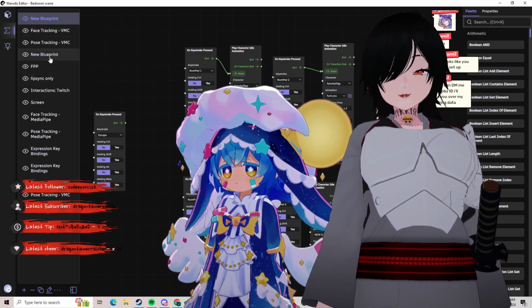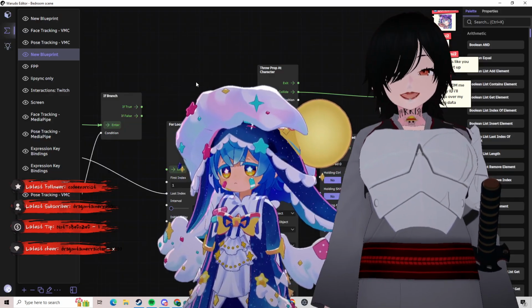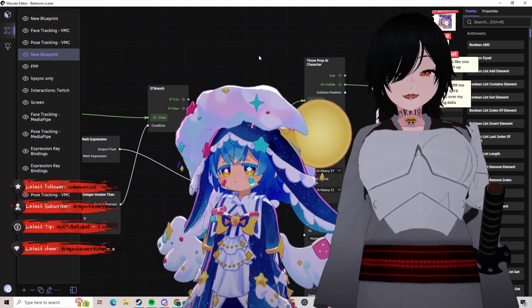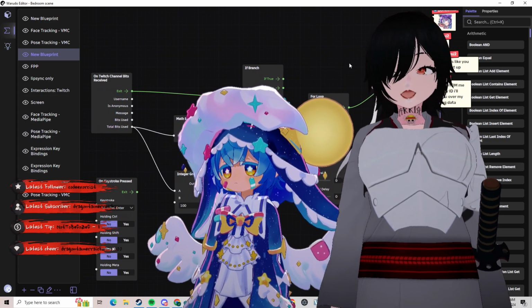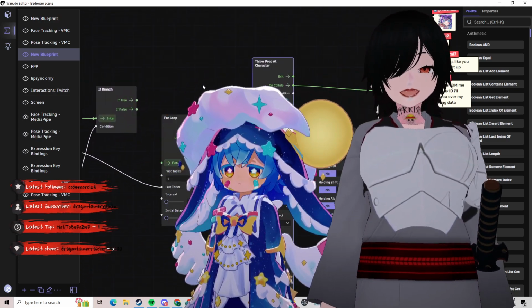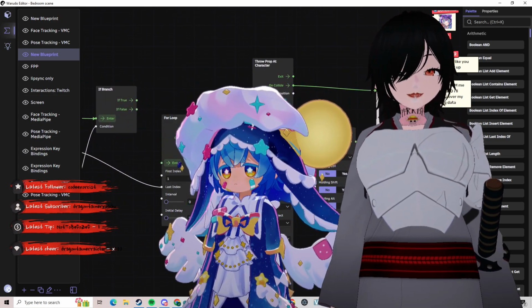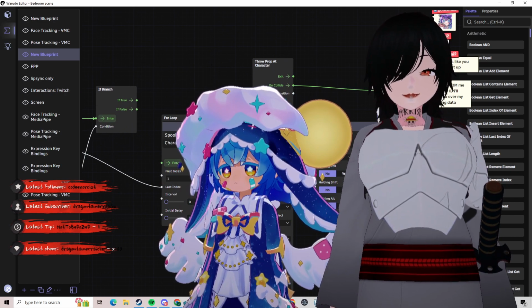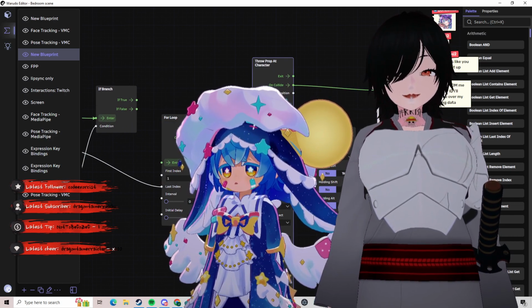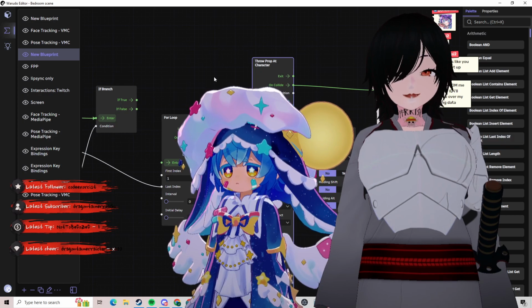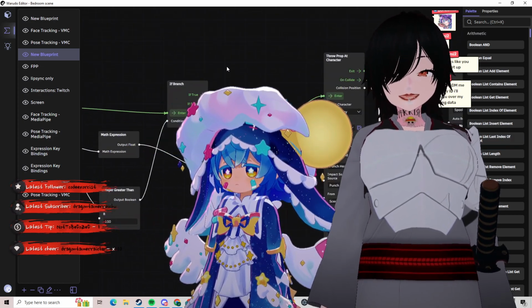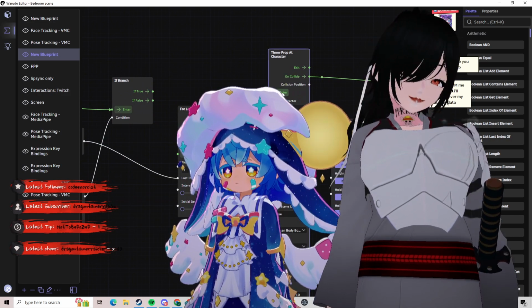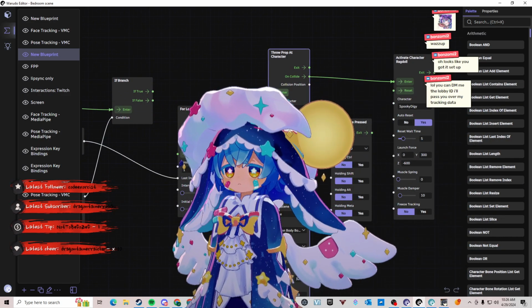I had it set up so it throws chickens at my face, but I think I never set up the prop. Maybe you could throw a prop at the character. I don't have where it shoots out. Oh, there we go. Now it works.